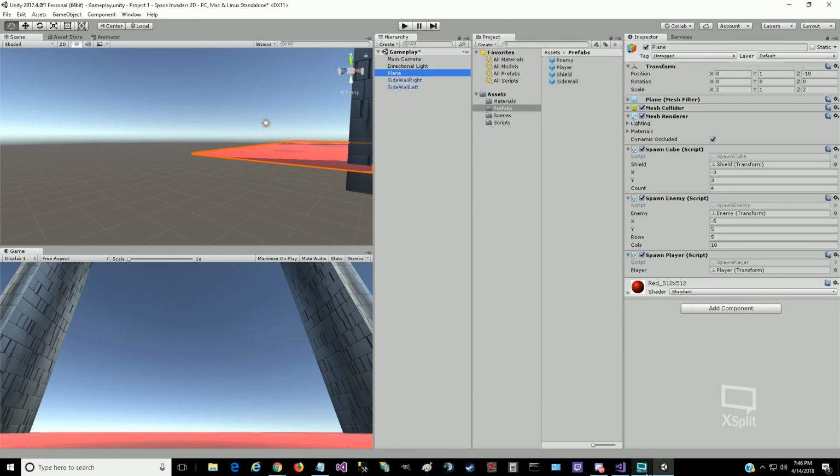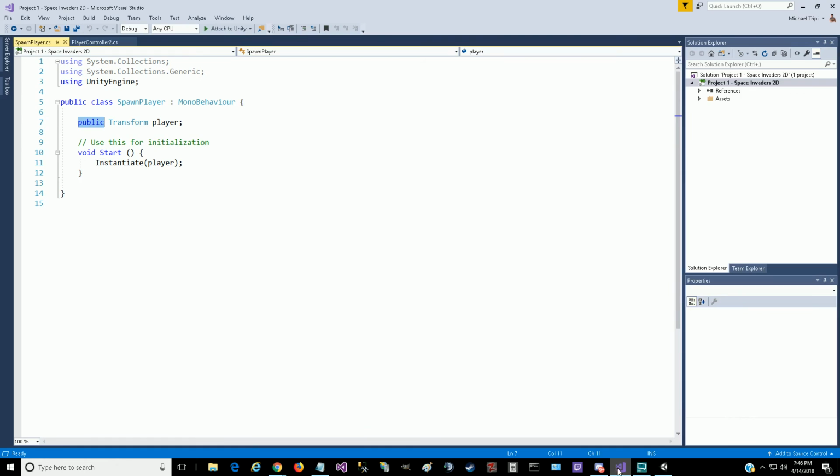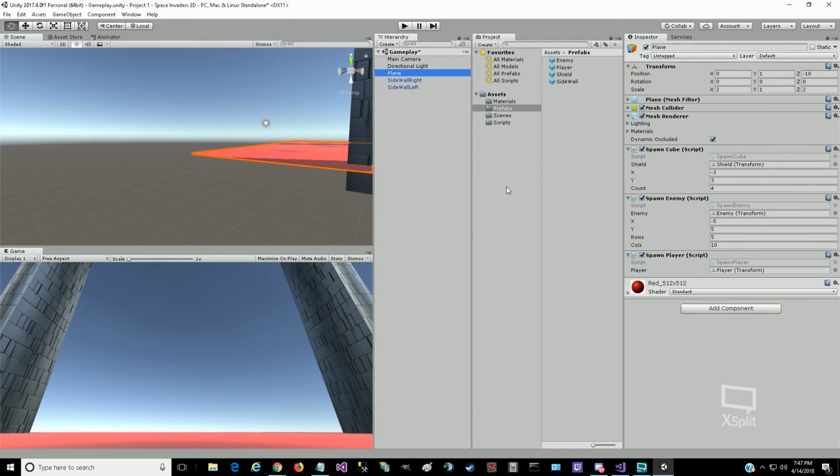If we jump back again to Visual Studio, you see that's what I called it, player. And so that exact public variable becomes exposed or shown in Unity here in the script component. Once you drop it in there,